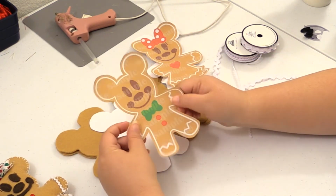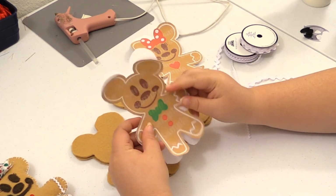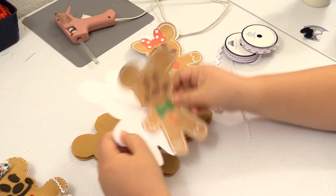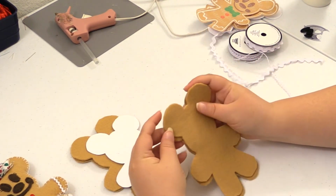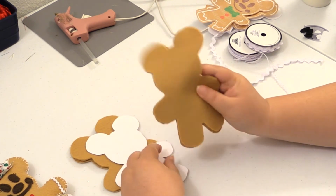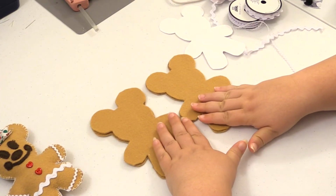So like I said, I found this image on Google Images, printed it out, cut out a pattern from some cardstock, and then I cut out some shapes, and you'll need 2 shapes to be able to make one gingerbread Mickey. I just happen to have 2 here. So the first thing you're going to want to do